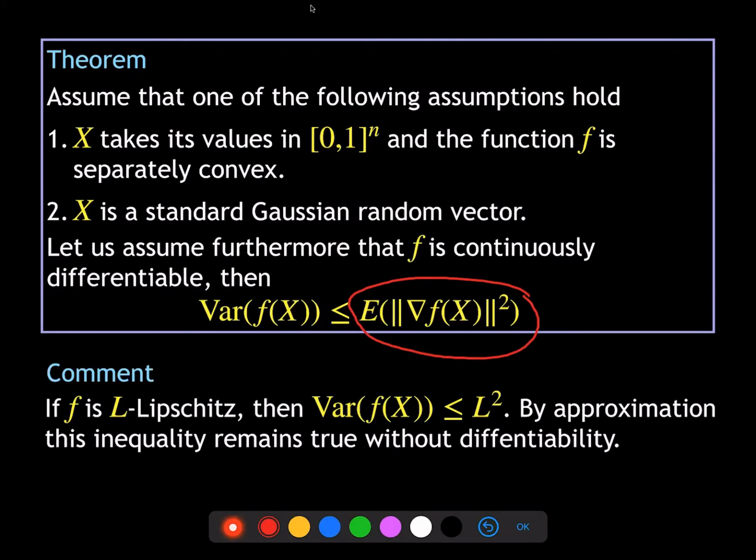But of course, as soon as you have that for all smooth functions, you can relax the smoothness assumption and just keep the L-Lipschitz condition, and it's enough because you can use an approximation argument to approximate a Lipschitz function by smooth Lipschitz functions. So this means that this inequality holds true under the two conditions above, that is, either the variables lie between 0 and 1, or they are standard Gaussian variables, okay? And independent, yes, of course.